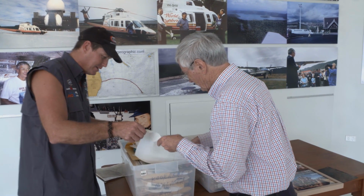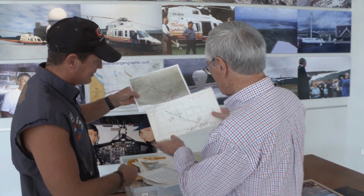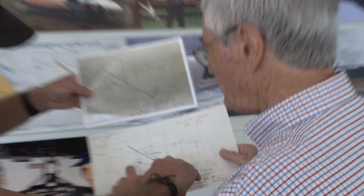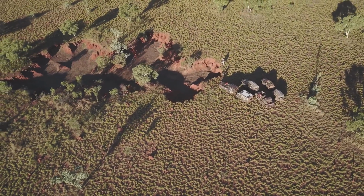There it is. That's right, the original. And that was mine. That's what I used. Well, there you are. Look at this. That's what I used. Yes. And of course, you went to the blowhole. Yeah. The blowhole was our first point of contact, and that's where we set up a